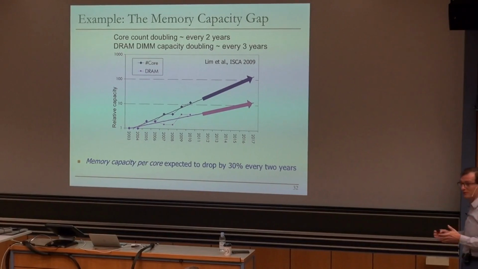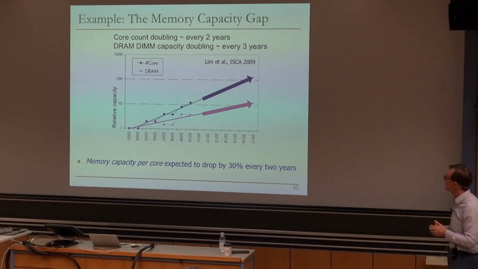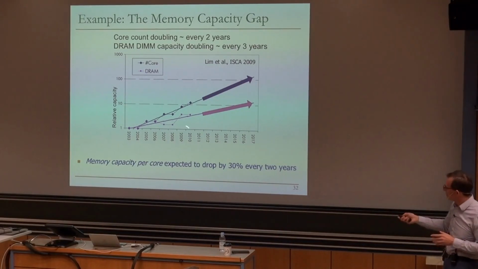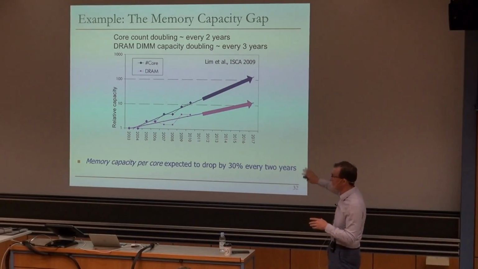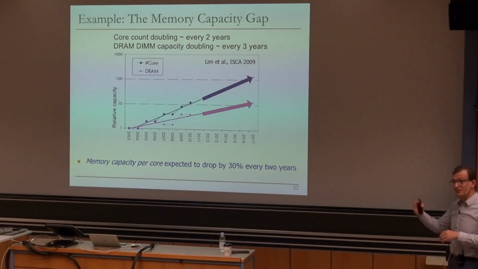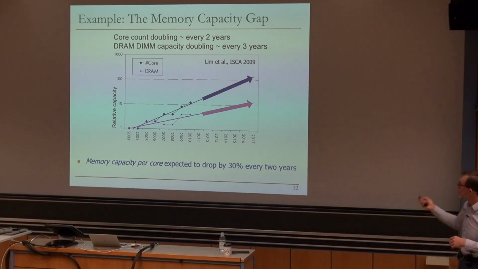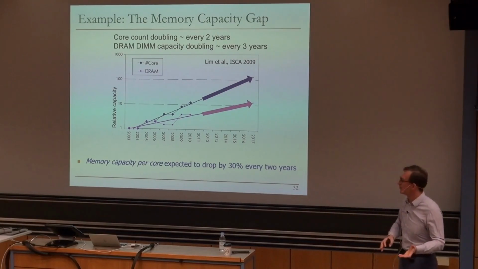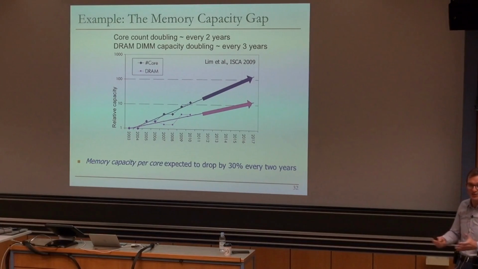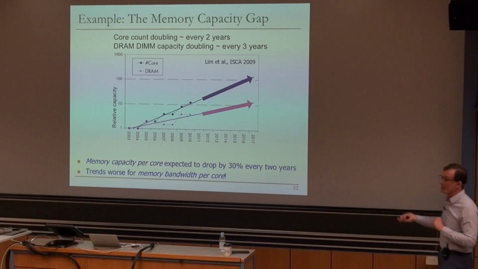years, which is not good because software has always relied on having more memory capacity to have more features in a thread, right? Now, you could argue, of course, with these trends. These are real data points that they had, but you could argue, okay, what about 2018 right now? You may do the study yourself, but maybe the trend is similar in GPUs, for example, especially. Maybe it's different, but now if the trend is different, you may actually want to ask the question, why aren't people putting more cores at the same rate? Well, maybe because they're limited by memory. Because if you cannot supply data to the cores, if you cannot supply capacity, it also makes no sense to put more cores, right?